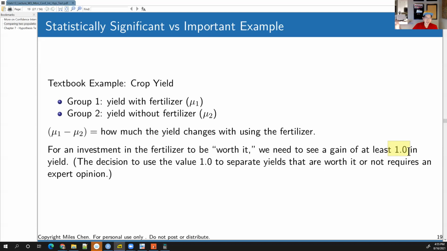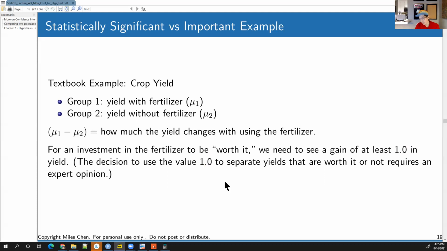They measure their crops in something, bushels of something per acre. And we're going to say we need to see an improvement of at least 1.0 in order for it to be worth it. Otherwise, it's nice that I'm spending all of this money, but if I'm getting something like only 0.7, even if it's an improvement, it's not going to help me break even as far as the cost. So figuring out that we need a number of 1.0 bushels per acre, to use this value to separate what is worth it versus not worth it,